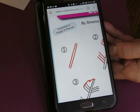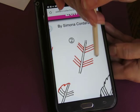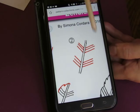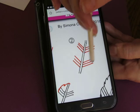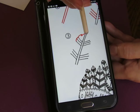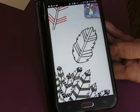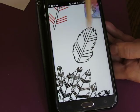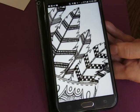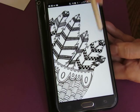All right, 2 parallel lines. From those parallel lines, we're going to make some upward, sort of a V shape, right? 1, 2, 3 going this way. 1, 2, 3 going this way. Make a little space. 1, 2, 3, 1, 2, 3, however many we decide we want to put on our thing. And then connect them, right? Just like that. Simple, easy. And then embellish. However you decide you're going to embellish. This one's got dots, this one's got stripes, this one's got a little...